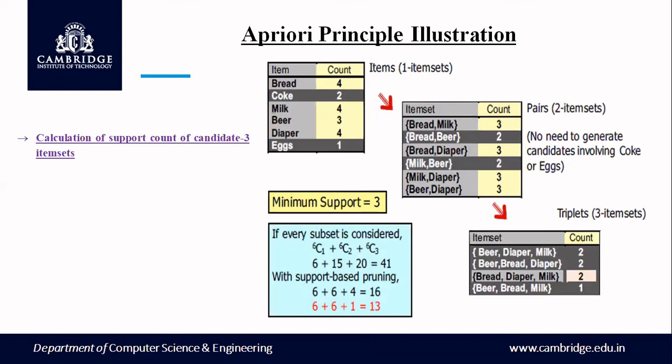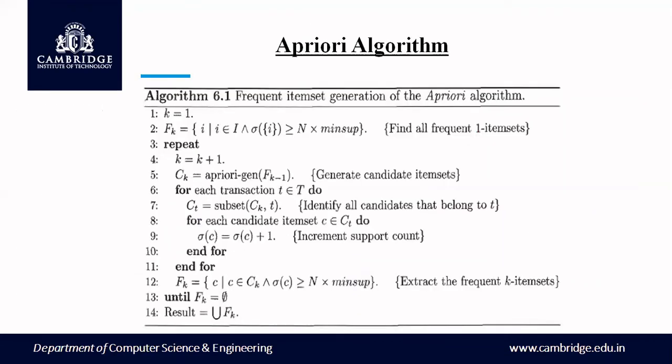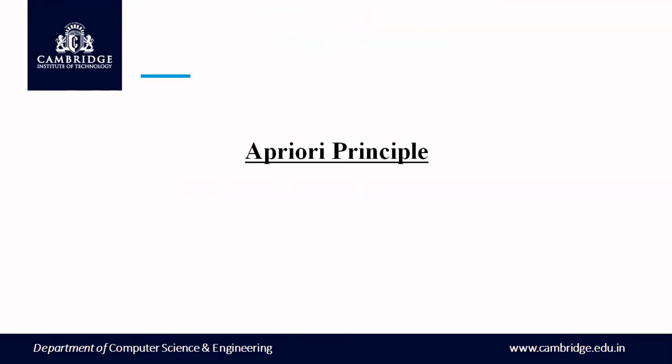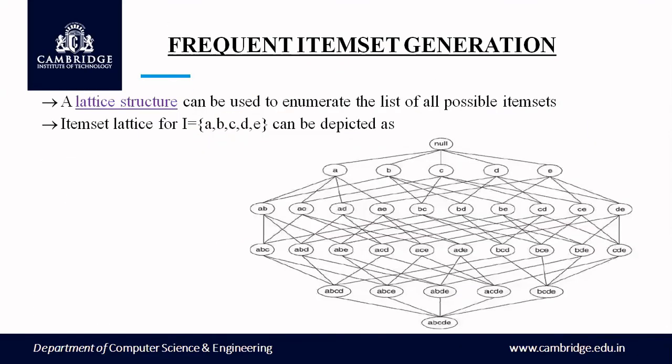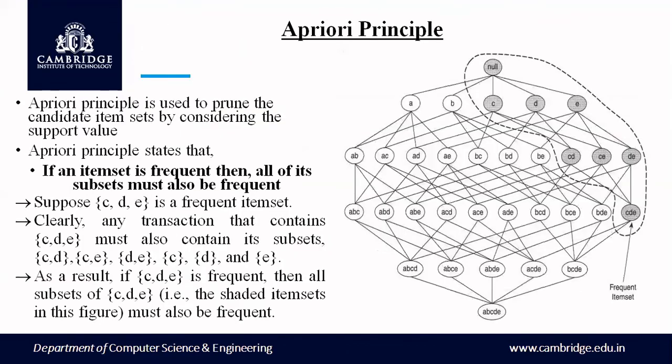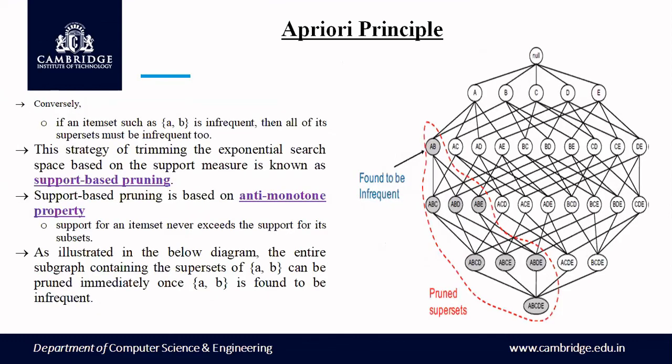So it's a very, very simple algorithm to put in a nutshell. A quick revision: we are just trying to create the lattice over here. I'll just move to the very beginning. So we are just creating the lattice structure of all the candidate items. Having created the lattice structure of candidate items, the next important concept we are going to apply is nothing but the pruning. So when it comes to pruning, we are applying only one simple concept. If an item set is frequent, then all of its subsets must also be frequent. Conversely, if an item set is infrequent, then all of its supersets must be infrequent. These two things you have to remember very well.